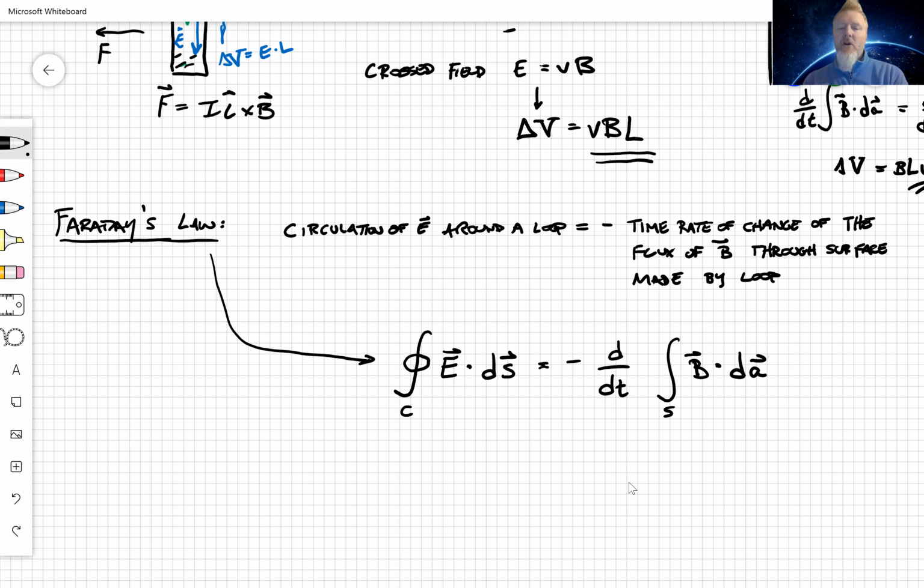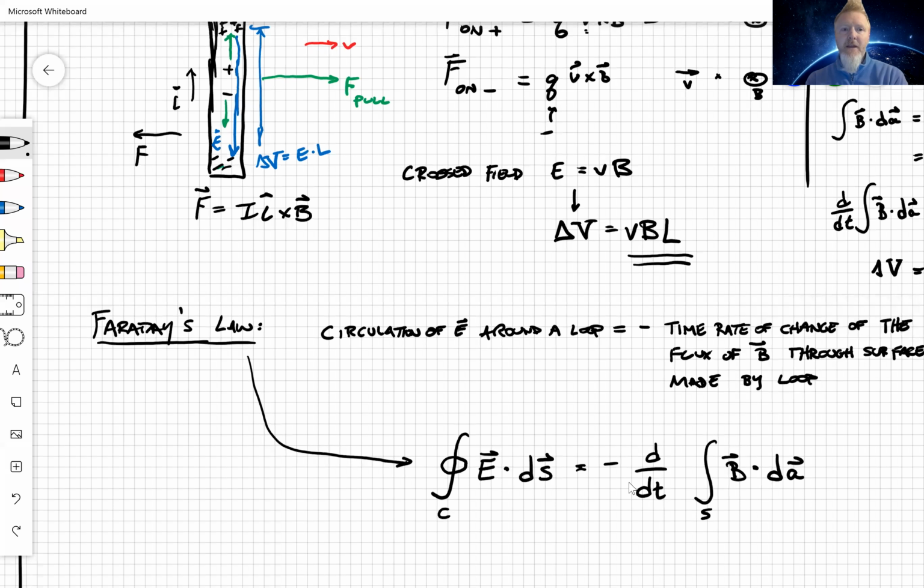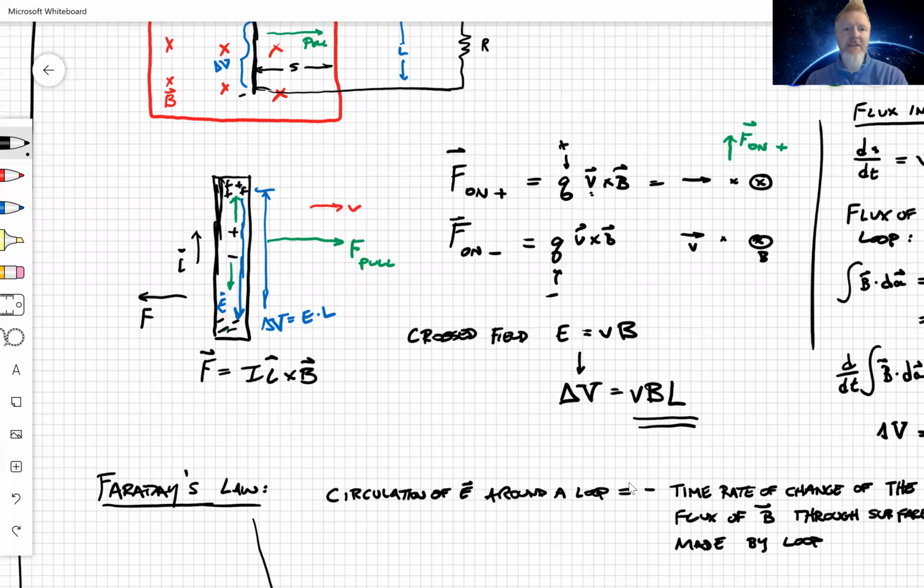In other words, I cause a circulating E field when I change the flux of B through a loop. So take a look back. You know already that I started creating an E field inside this wire. As I connect that wire to the resistor with the other parallel wires over there, I'm going to find that E field is pushing the current around the loop. Well, it would be going this way, I guess, right? The E field is pushing the current